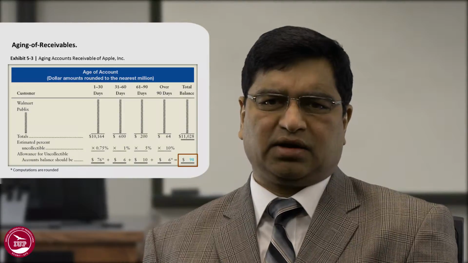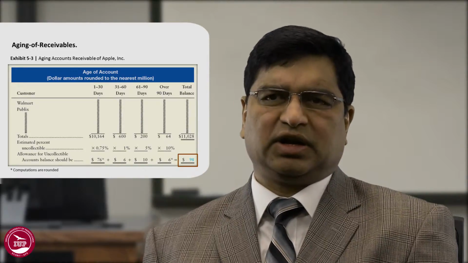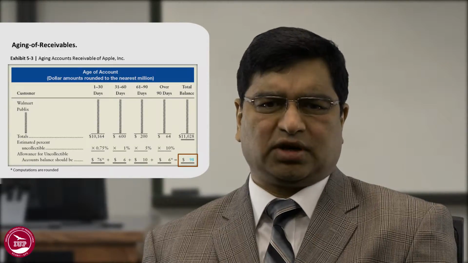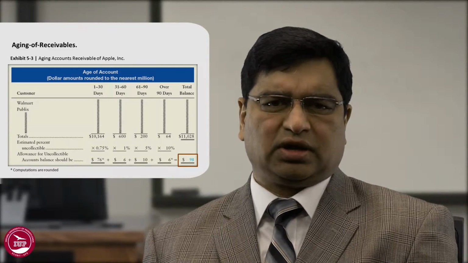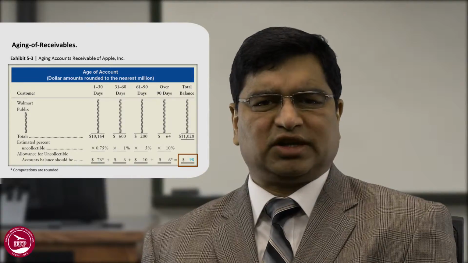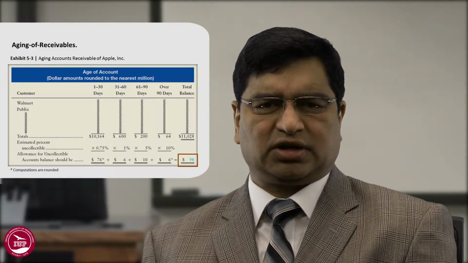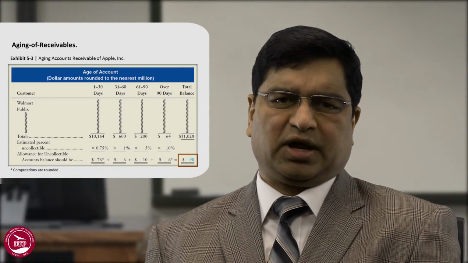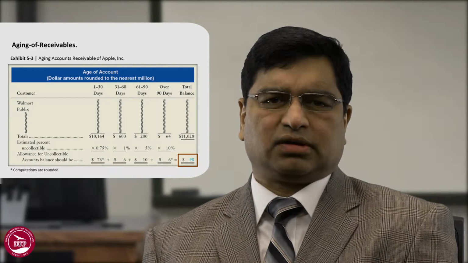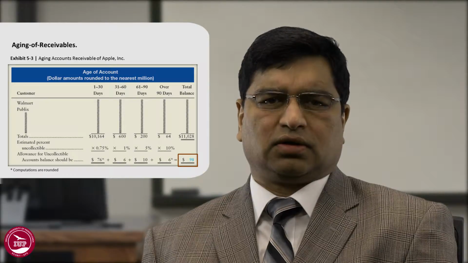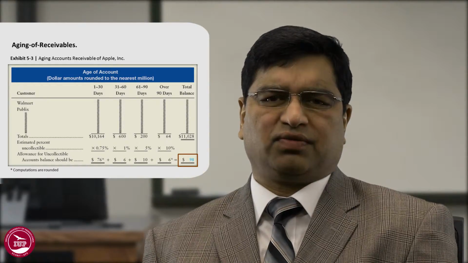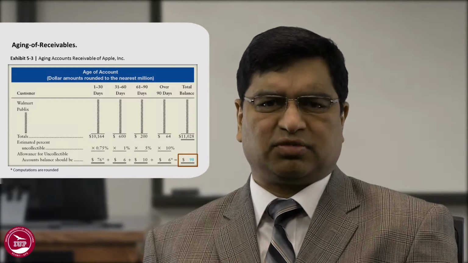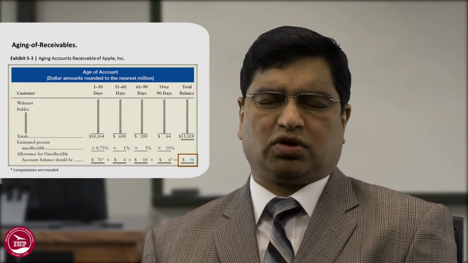or the likelihood that it will become bad increases. So in this case, for the debt over 90 days, we are estimating 10% will become uncollectible, and for the debt less than 30 days old, we are expecting less than 1% to be uncollectible. So we multiplied the account receivable balances for 30 days by 0.75 to get 76 million, and so on for a total of 98